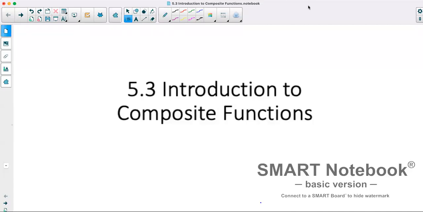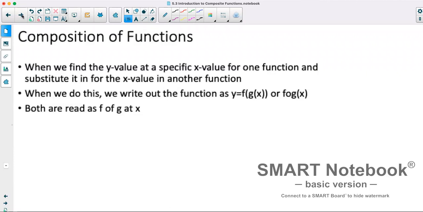Hi, today we are looking at section 5.3, which is an introduction to composite functions. In composite functions, we're essentially inserting one function into another function where its variables are. When dealing with a table of values or graph, when we find the y value at a specific x value for one function, we then substitute that y value in for the x value of